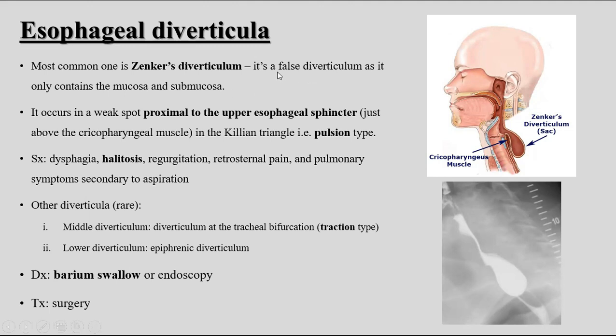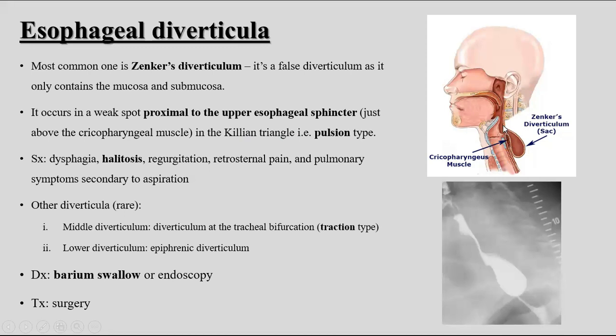If it's a false diverticulum, it's obviously happening because of pulsion or increased intraluminal pressure. Intraluminal pressure can contribute to diverticula, but you also have to remember that it has to be at some area where the wall is very weak. In the esophagus, you have this weak area which is just above the cricopharyngeal muscle. So you have the upper esophageal sphincter here somewhere,